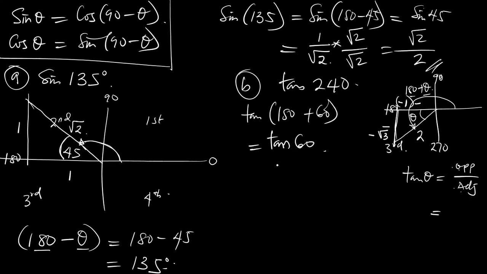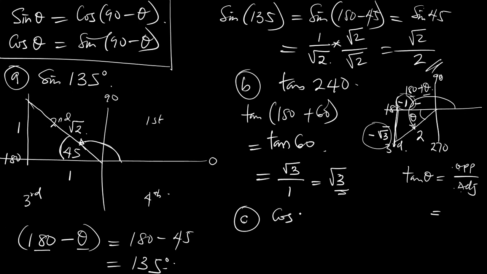So this is equal to tan 60, and tan 60 is the opposite divided by the adjacent, which is root 3 divided by 1. This is equal to root 3. So that is the final answer for B. Then for C, we have C to be